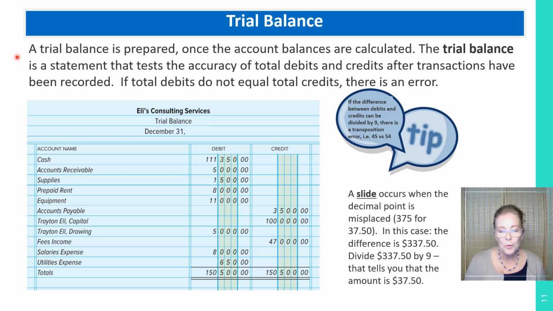Let's now talk about the trial balance and why accountants use it to verify the accuracy and completeness of the accounting entries. The trial balance provides a listing of our T accounts and balances, and you can verify that total debits still equal total credits. In practice, you would run a report that is called trial balance in your accounting software program. If the total debits do not equal total credits, which may happen in manual accounting, which is what we're doing here, we need to go back and fix our entries.